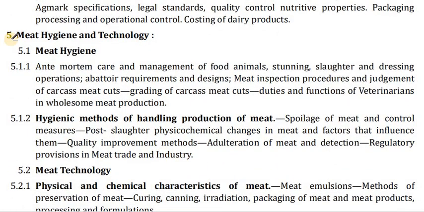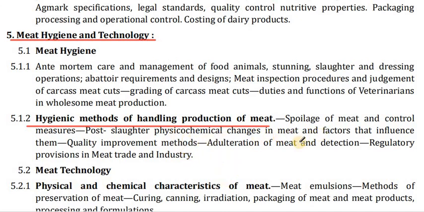Now the next is the meat hygiene and technology. Meat hygiene, ante-mortem care and the management of the food animal, stunning, slaughter, and dressing operations, abattoirs requirements and design, meat inspection procedures and judgment of the carcass, meat cuts, grading of carcass and meat cuts, duties and functions of veterinarian in wholesome meat production, hygiene method of handling production of meat. Spoilage of meat and the control measures post slaughter,